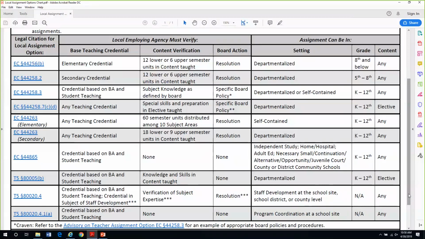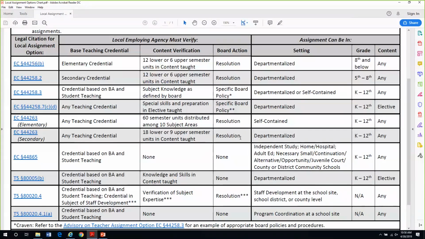If it says a credential based on BA in student teaching, it means a multiple subject, single subject, or education specialist. Career technical education credential is not based on a BA in student teaching. An adult education credential is not based on a BA in student teaching. So that's why it says that in the base credential area.